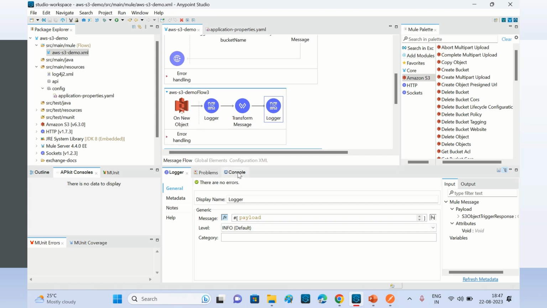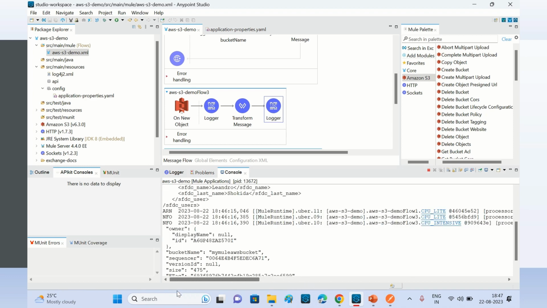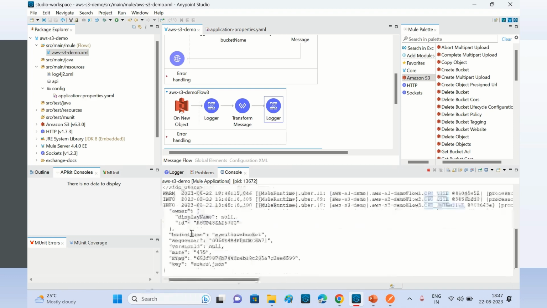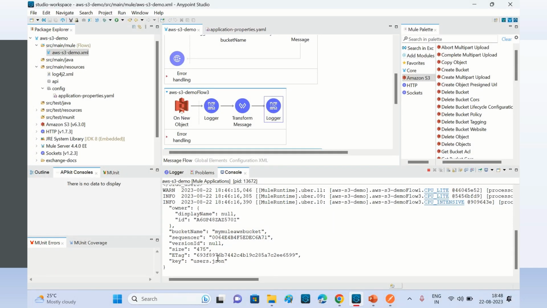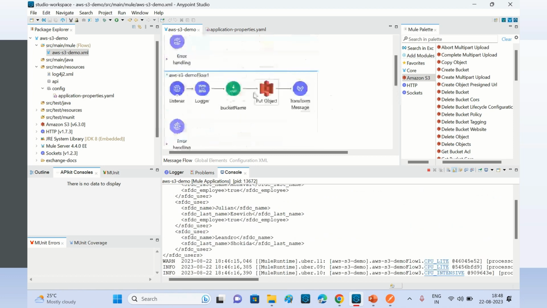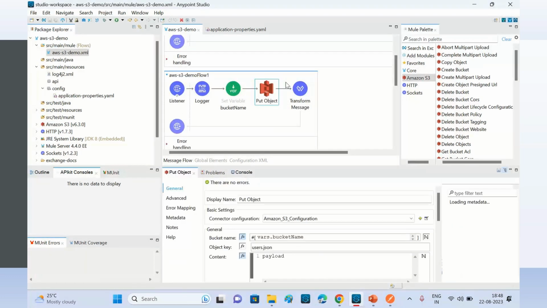So let's see what we are getting here. We are getting the owner detail, bucket name, and sequencer, all this metadata, size, and this is the key users.json. So this is the one being uploaded and created,